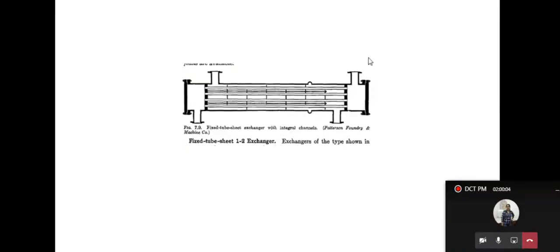Just for a moment. This is the diagram of a heat exchanger. Our vapors will be pumped from here, and these lines, if you see, are called segmented baffles. If these baffles are not there, what will happen? The vapor comes from here, moves differently, and then comes back. But if these are there, it comes like this, takes a turn like this, moves, goes,